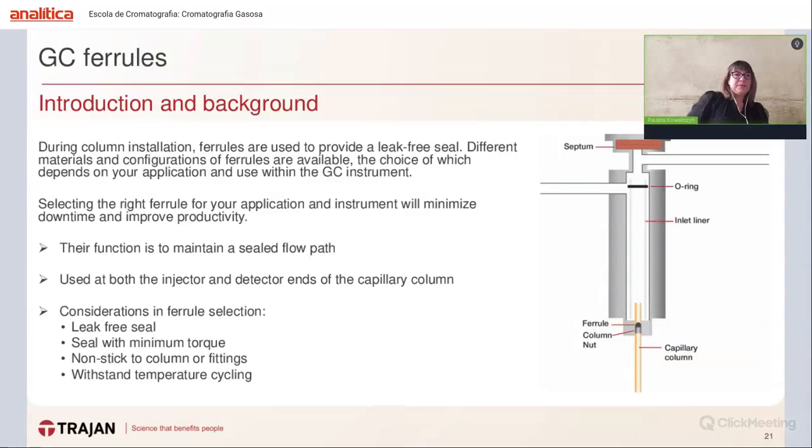And the main consideration for choosing the ferrules is that the ferrule shall provide a leak-free seal with the minimum force required for that sealing. It shouldn't stick to the column or fittings and should be suitable for the temperature of our methods,